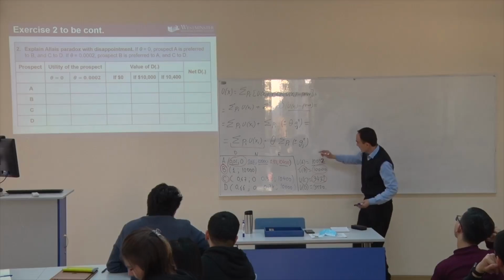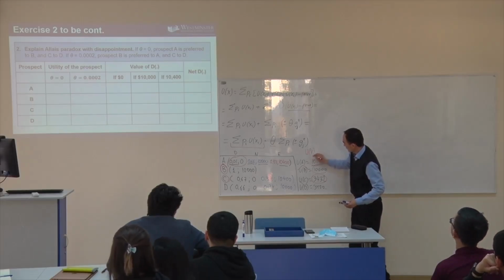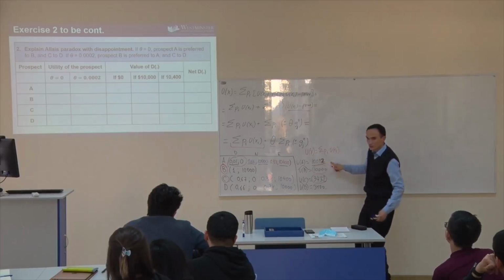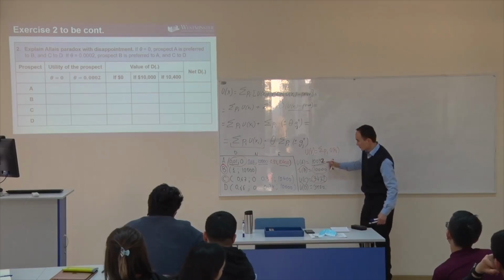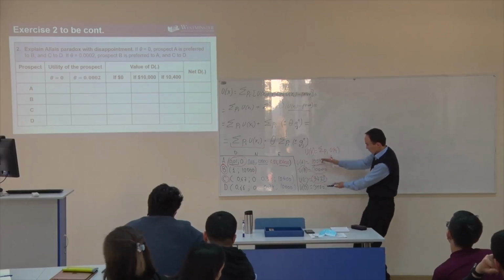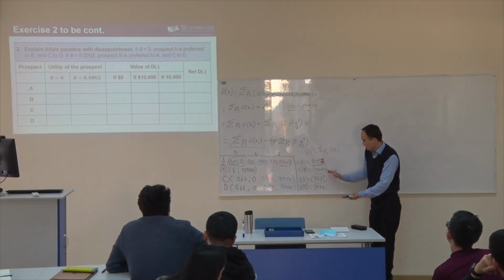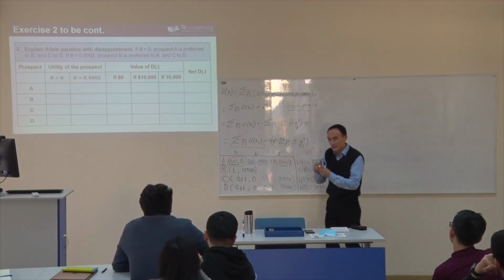So now our utility function of any prospect, which is the sum of probabilities times the utility from any payoff, is equal to this one. But they are the utilities, not the values. I said it's utility. It's not value. Utility function. So now it will be equal to this one. I think here you have no problem in calculating, right? So now we are not going to spend time on this part.